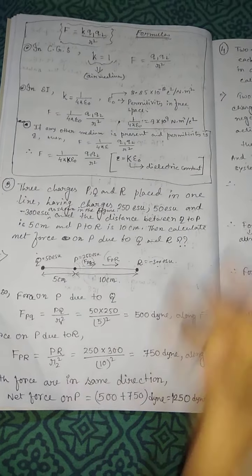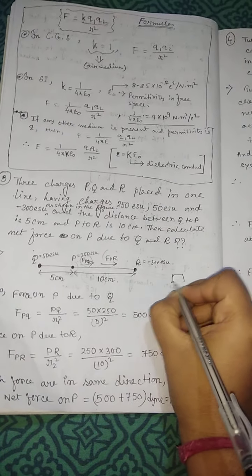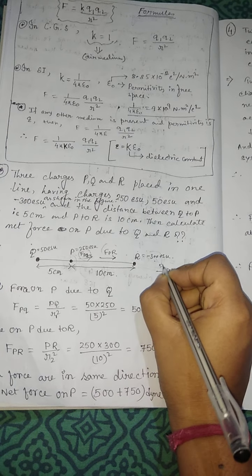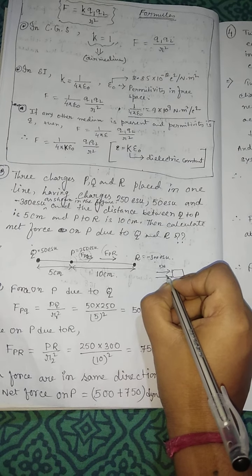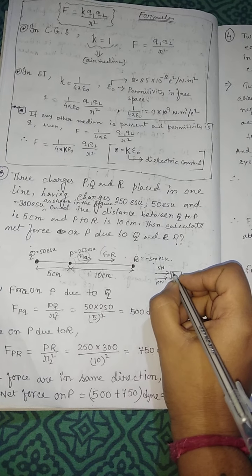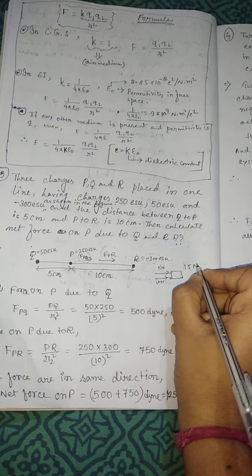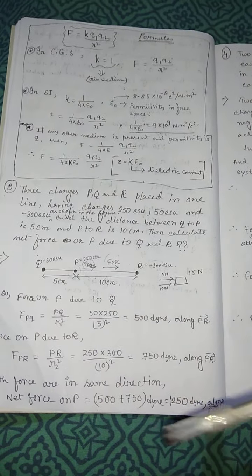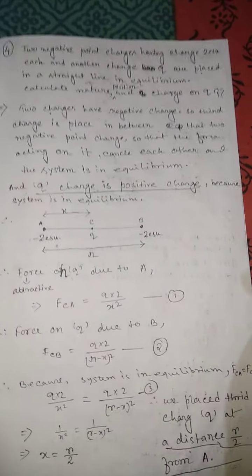Okay, so for example, suppose a block is here. One boy applies a force of 5 Newton, and another boy applies a force of 10 Newton. So what is the total force applied on the box? That is 15 Newton, because both forces act in the same direction, like this way. Okay. Now the fourth number.